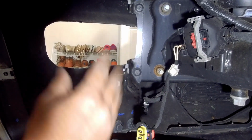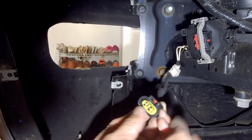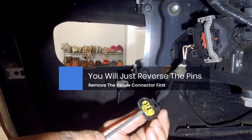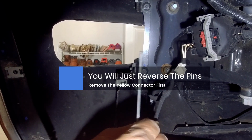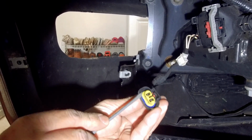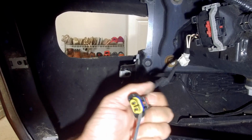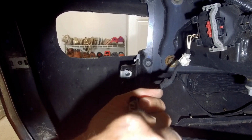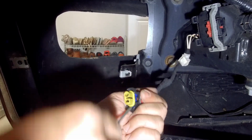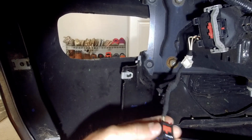So we're getting ready to install the LED assembly. Before we do that, we have to pull this little yellow part of the connector out. Basically what we have to do is swap the pins. So there's 2 pins in here, a pin 1 and a pin 2, and we just need to pull them out. Now, in order to pull them out,